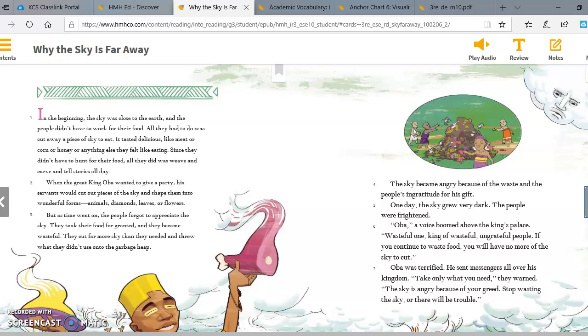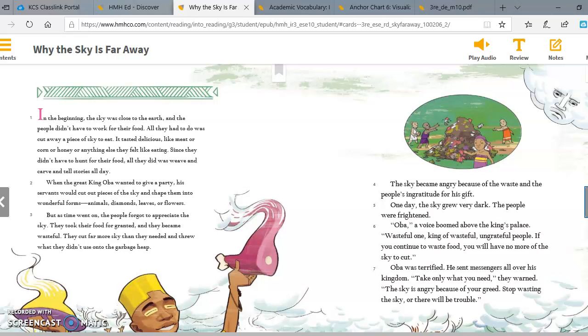In the beginning, the sky was close to the earth, and the people didn't have to work for their food. All they had to do was cut away a piece of sky to eat. It tasted delicious, like meat or corn or honey or anything else that they felt like eating. Since they didn't have to hunt for their food, all they did was weave and carve and tell stories all